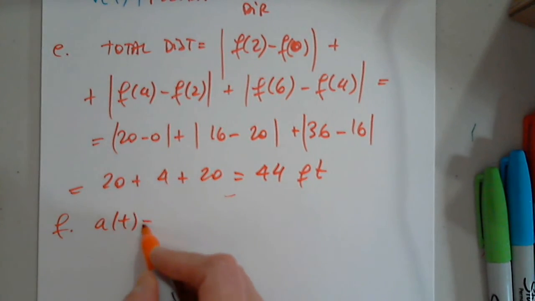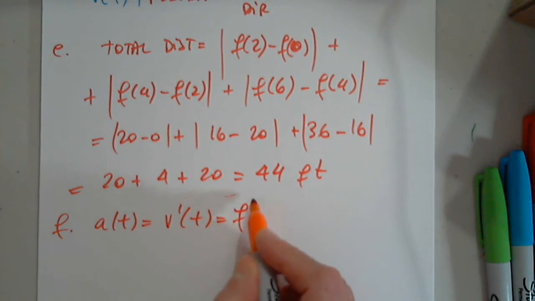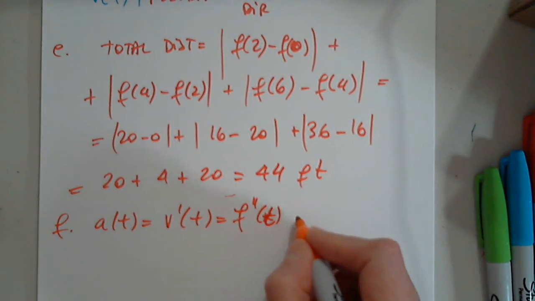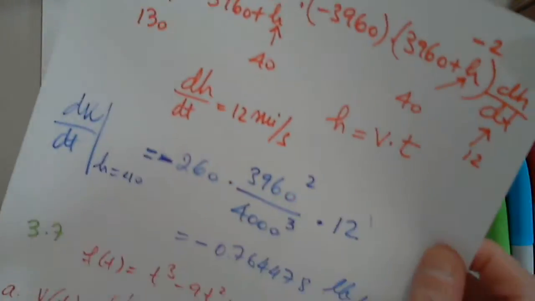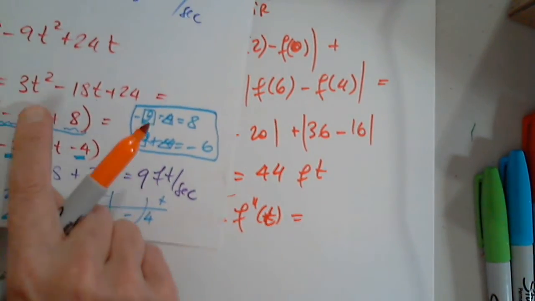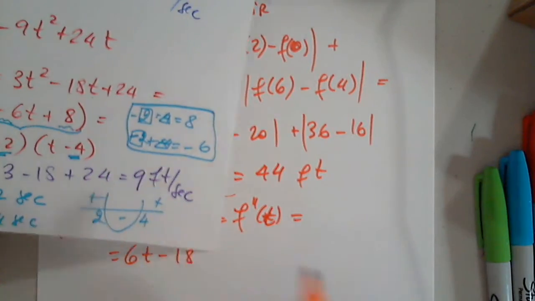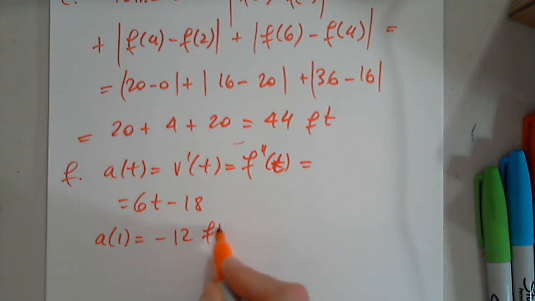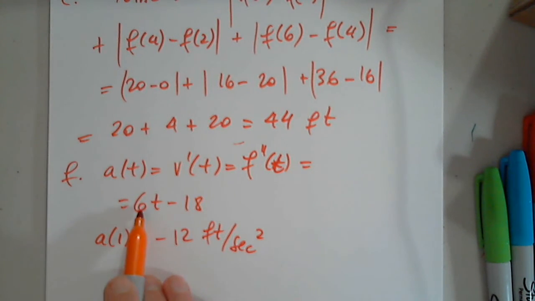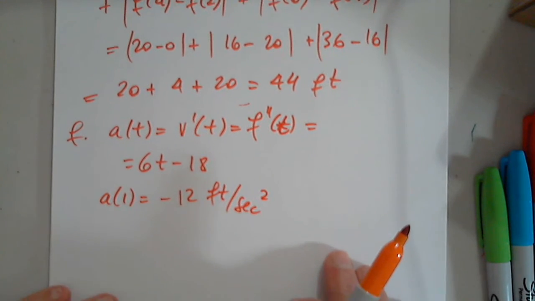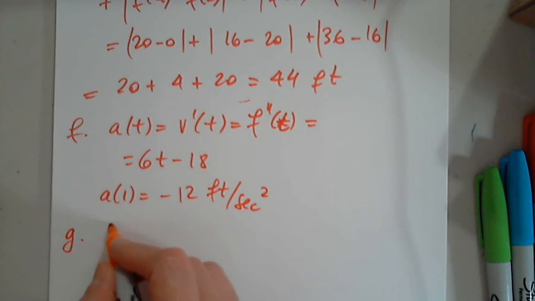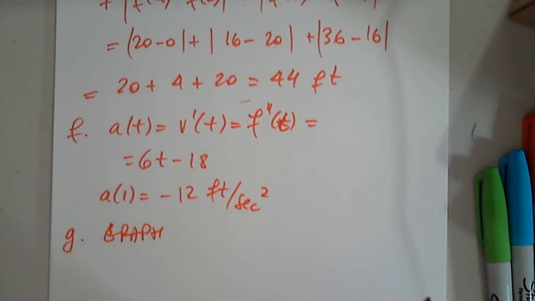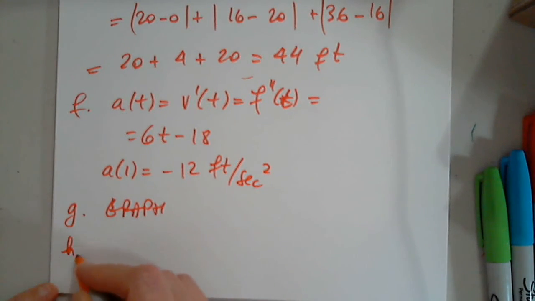So A of t is v prime of t, the second derivative of s of t. And this is 6t minus 18. That's the acceleration. We're asked to find acceleration at 1, which is negative 12 feet per second squared. 6 minus 18. In G, they want the graph, and we can graph with the graphing calculator, of course. And in H, I think the last part, they want,